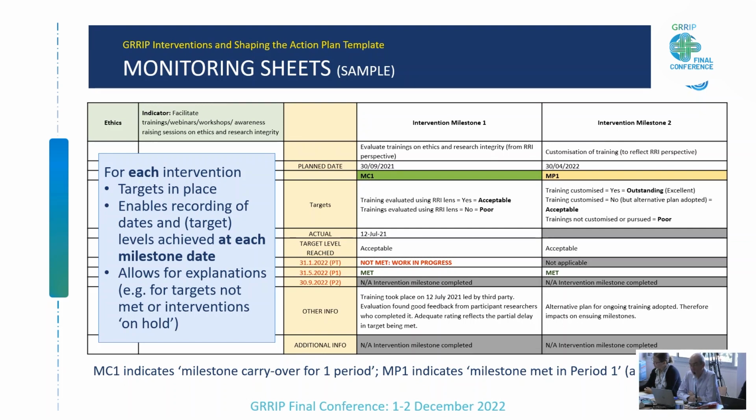You can just about see that in this matrix there is a planned date for completion, which relates to the milestone threshold, if you like. There are targets that actually relate as well to each of those milestones. And they determine the extent to which at that time the interventions had been successful and therefore were acceptable, or had been less successful, in which case maybe unacceptable or regarded as poor. And indeed, in some cases where the targets had been exceeded, they became outstanding or excellent.